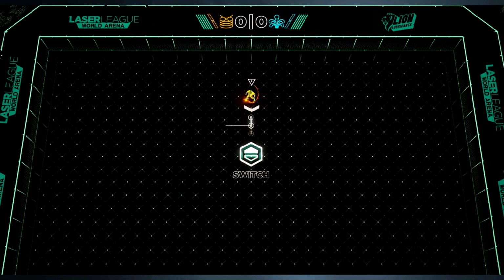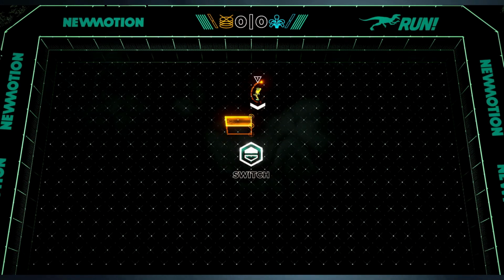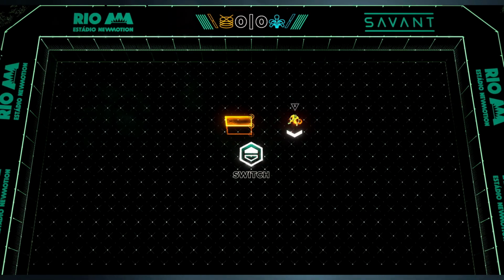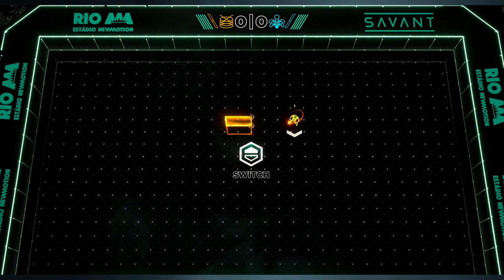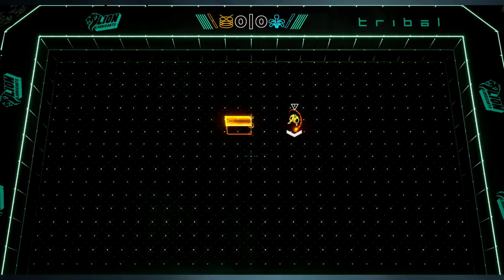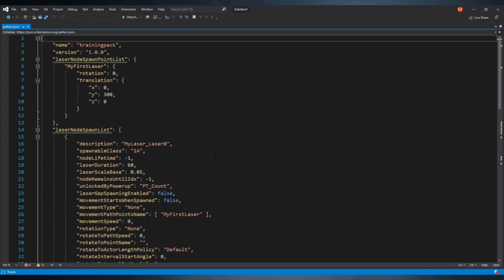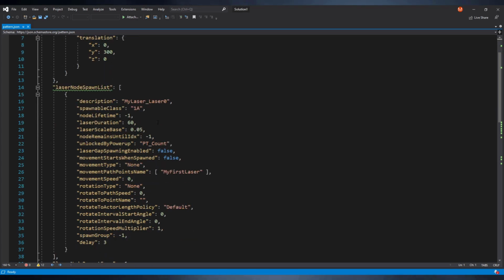Last time, we learned how to create your very first laser. This time, we'll actually make it move and learn more about the variables inside. Let's get started. I want you all to pull up your code and follow along with me so you can learn by doing. Right now, we're going to talk about how to make different laser patterns, and that is all